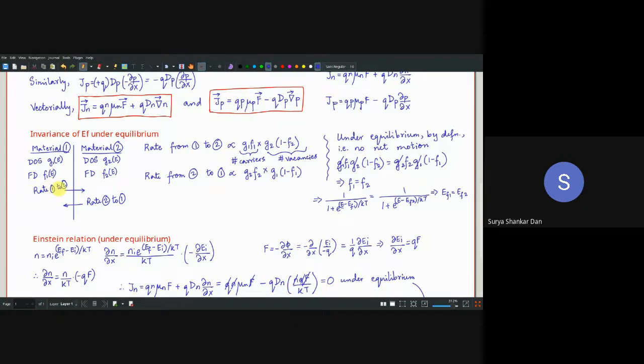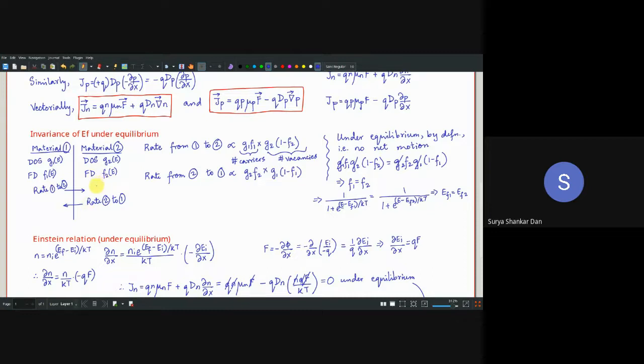For the rate of carrier transport from material 1 to material 2, there are two, again, mutually exclusive events that have to be there. One is availability of free electrons here. यहाँ पर availability of free chairs on the other side. तभी तो these electrons will come and sit here. In case there are no vacancies, then where will these electrons come and sit? I'm speaking in layman terms. In reality, there are electrons here and we need to have holes over here. That means the vacancies. So only then the electrons can come in.